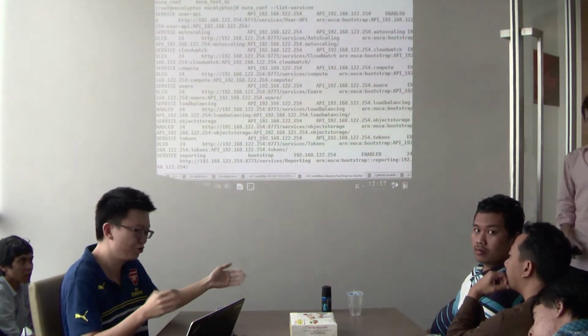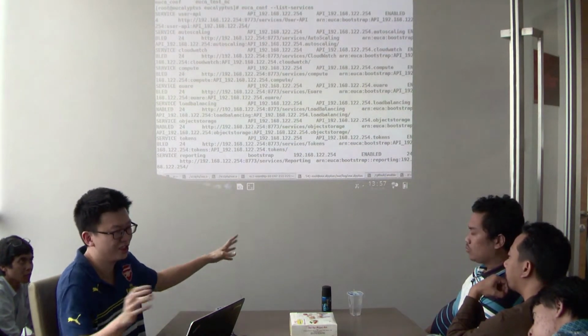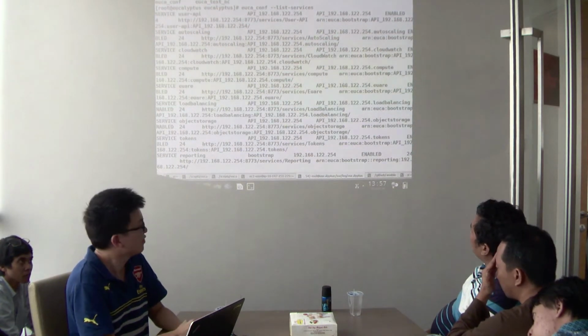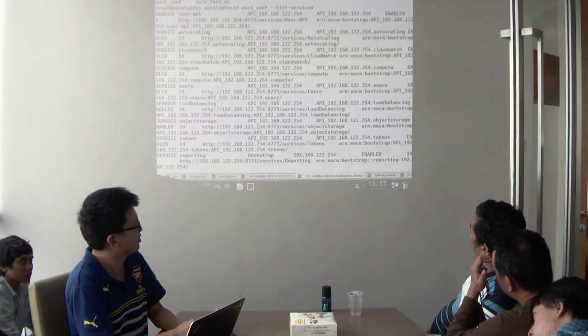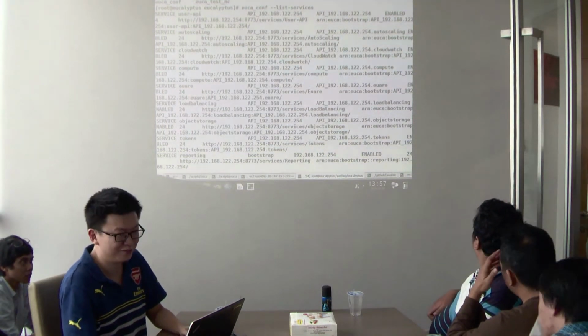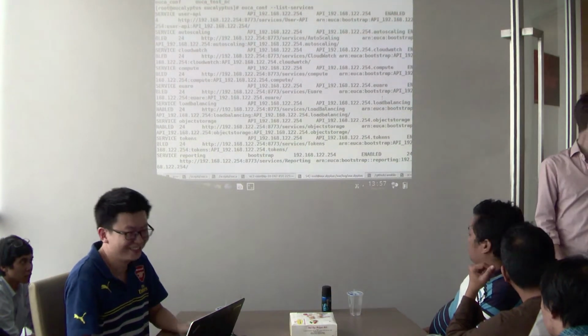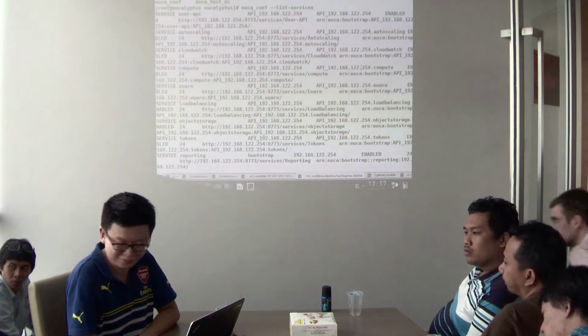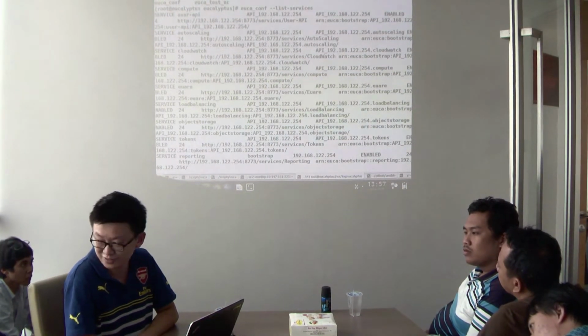And the compute node is just redundant. You can have as many as you want and migrate instances from one to another. But it seems like a lot of work, so might as well just use